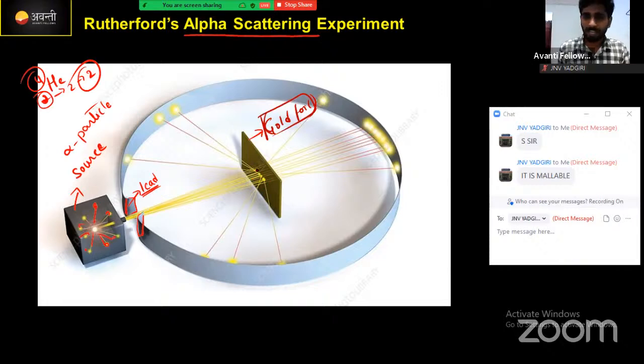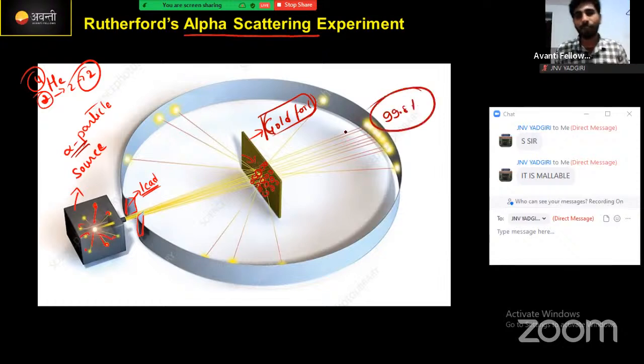मान लो एक gold है ना, इधर एक atom है, gold का atom, a single atom arrangement है, like this. Single layer का atom arrangement. Okay, now the emerged alpha particles from the source he made to fall on this gold foil. इधर fall हो गया. Then after, he observed that almost all